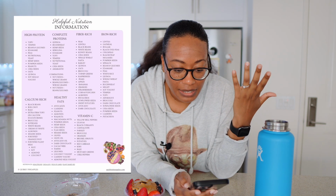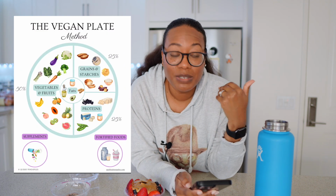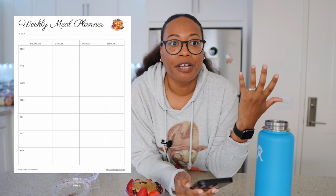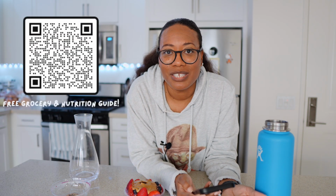I feel like a lot of people have a hard time making meals because they don't know how they should be seasoning their meals or what to add on. No one really wants to eat a plain block of tofu, but when you prepare it properly and add all those different flavors, it's delicious. It's like, are you really going to take a piece of chicken, boil it, and eat it with no salt, no pepper, no nothing? So there's a list of spices, broths, all kinds of things